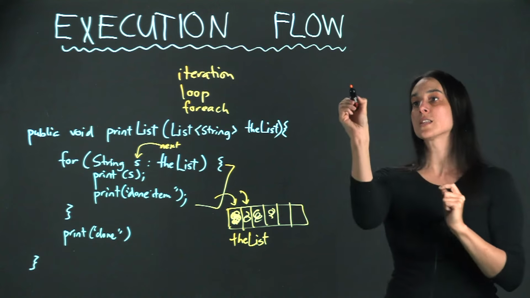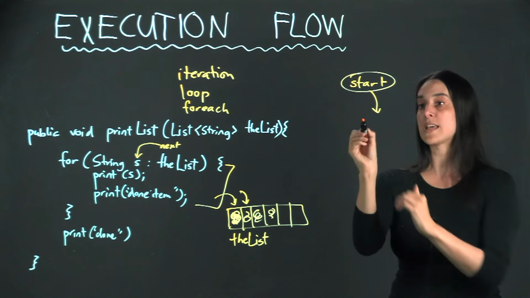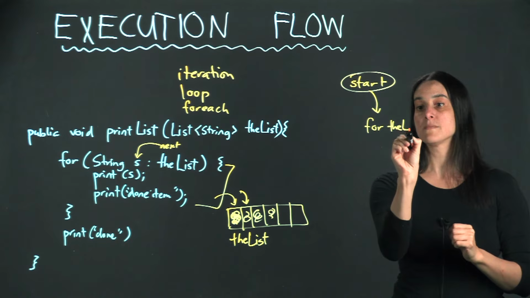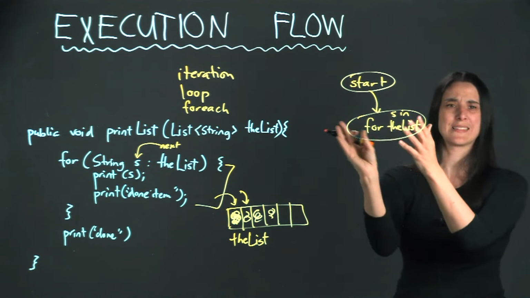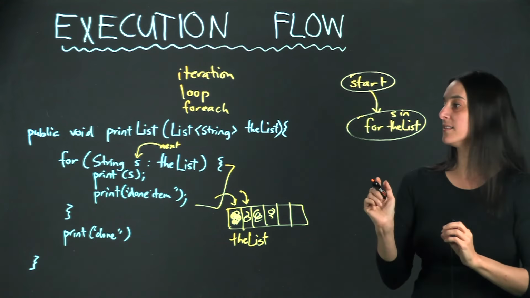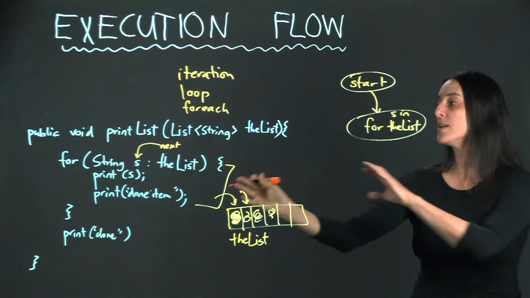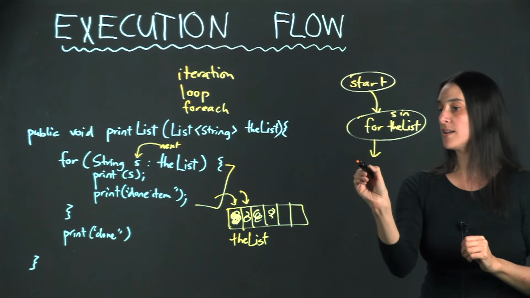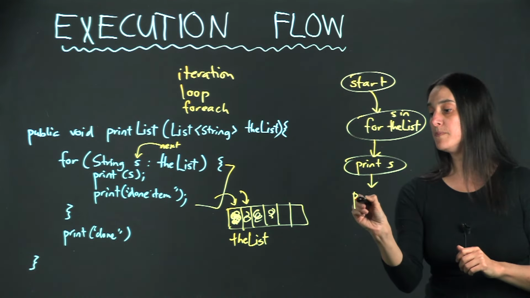So here we have the start of our method, and then we have our for statement, and for the list. We can say for S in the list, or something that tells us what this is more or less saying. So for each S in the list, and S is our little local variable of a string, then we execute everything that is inside of this block. So we say print S, and then we say print done item,